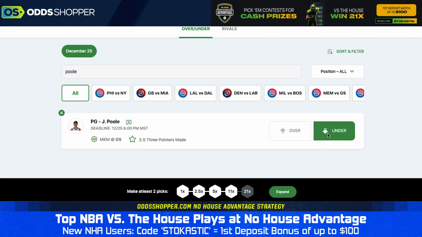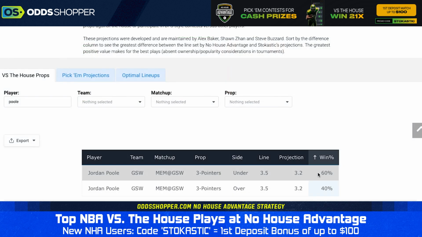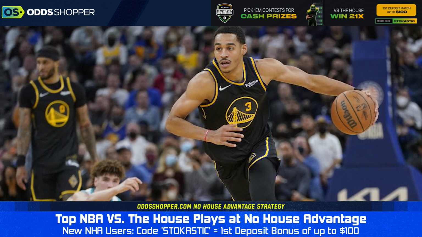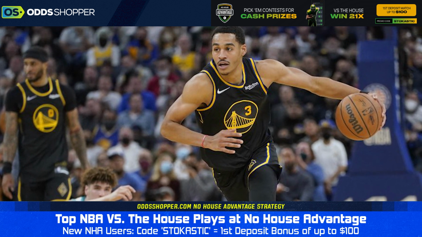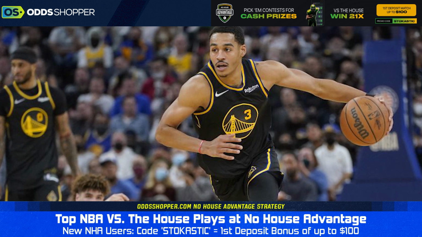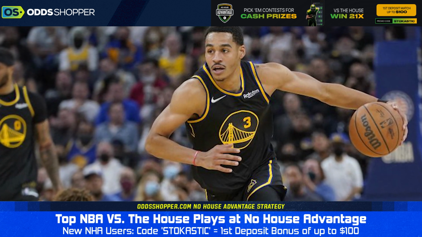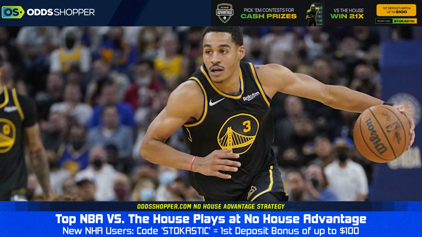I mean, yes, Jordan Poole is going to play more with Steph Curry out there, but he's got a 3.5 3-point prop. We're asking him to get 4 3-pointers, and we just don't have him projected for that. And I'm going to stick with the projections here. Memphis, pretty good team in terms of guarding the perimeter as well. So again, a bit of a tougher matchup for Jordan Poole. All these things kind of just work together on their own. I think Bane and Ja Morant being healthy too doesn't help Jordan Poole here. So give me Jordan Poole under 3.5 3-pointers.